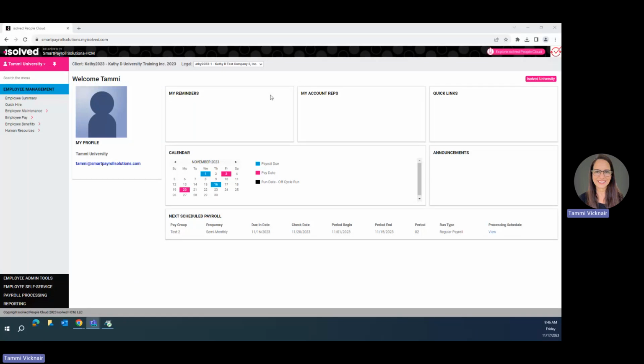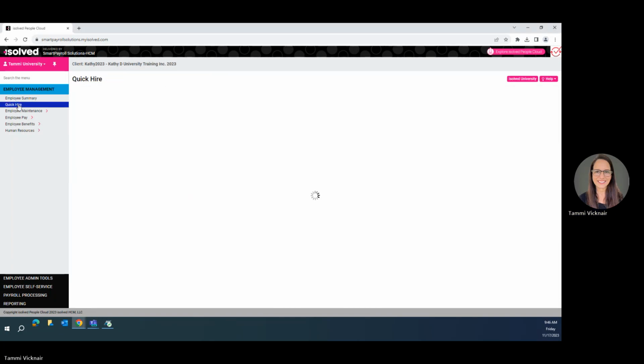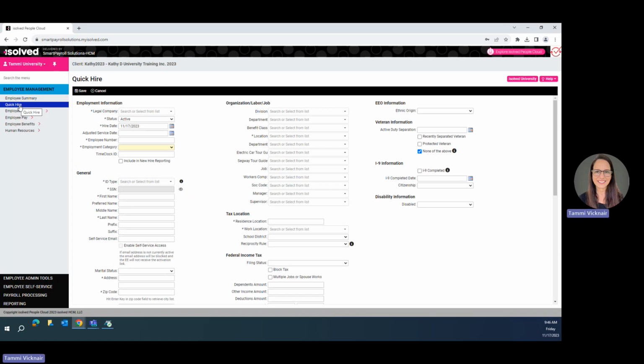I'm going to show you how to utilize the Quick Hire feature in iSolved. When you log into the screen, you'll select the Employee Management section, and you'll go to Quick Hire. Once there, an asterisk marks all the fields that are required and must be completed prior to adding a